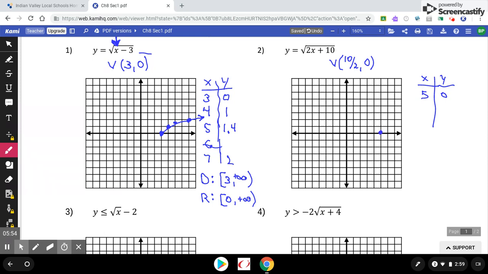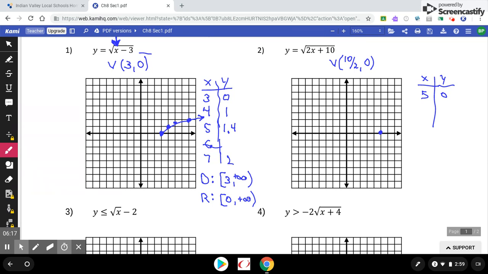And same deal, I'm just going to plug numbers in. So if I plug a 6 in, that's going to be 22. Square root of 22 doesn't come out even. I plug a 7 in, square root of 24 doesn't come out even. I plug an 8 in, et cetera, et cetera. So you just have to keep going until you find one that comes out even. So I think,